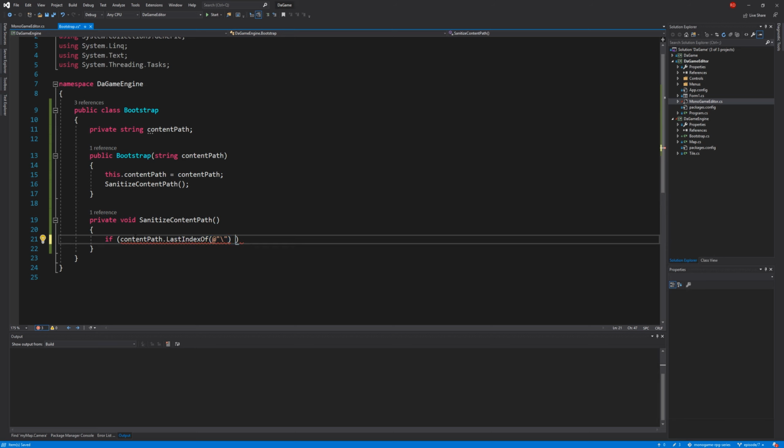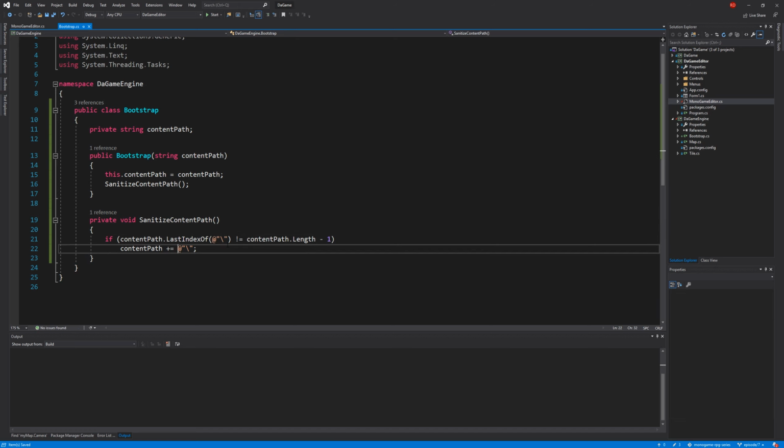So if the last backslash in the string is not the last character, so if we just get the last index of and compare it to the length of the string, content path dot length minus 1. Now I'm using a minus 1 because the index is of course 0 based, the length is not. Okay, and then if it's not the end of the string, we need to add one. So content path plus equals